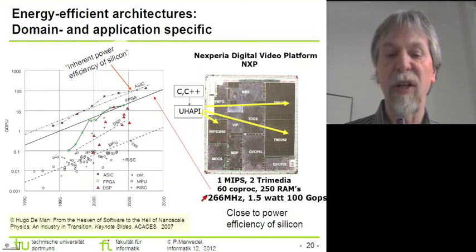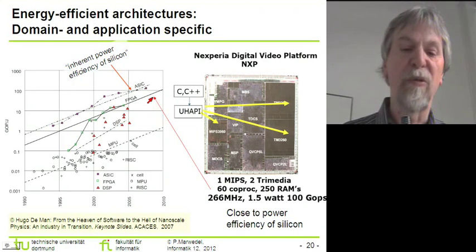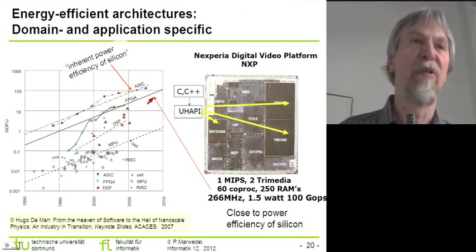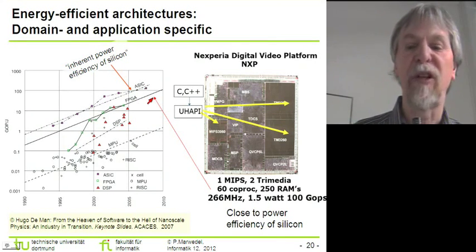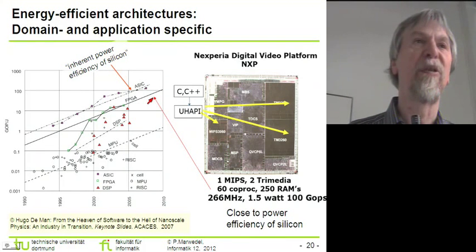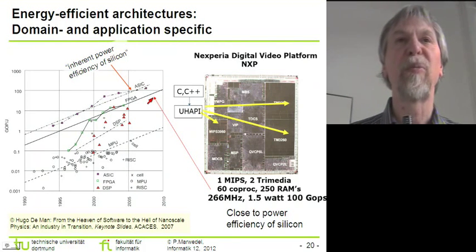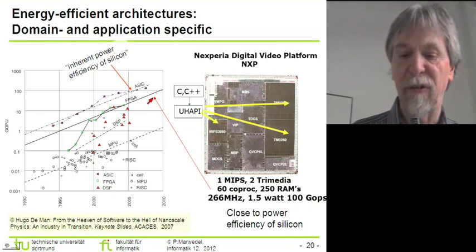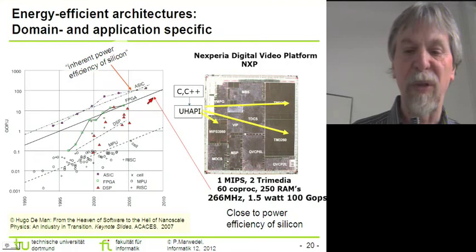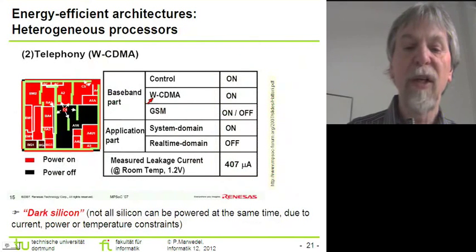And doing the calculations again, we will find that we are getting very close to the energy efficiency of ASICs there. So again, we have a case which demonstrates that it is feasible to get close to the energy efficiency of ASICs and still maintain programmability. However, we have